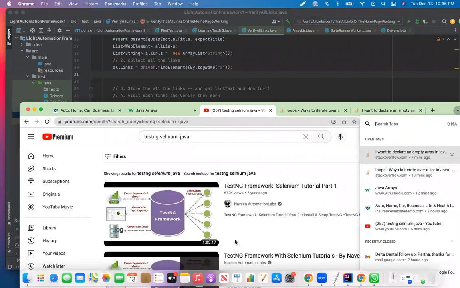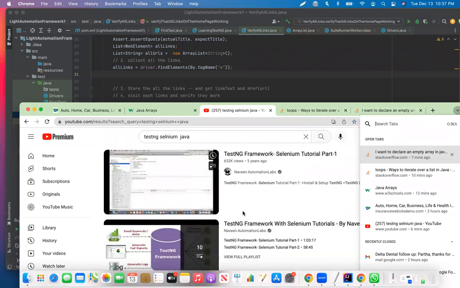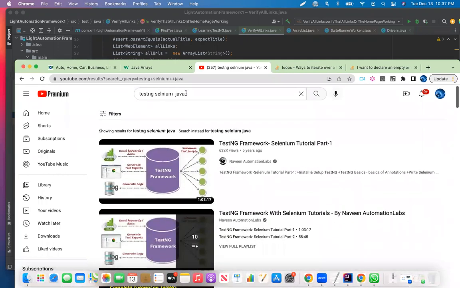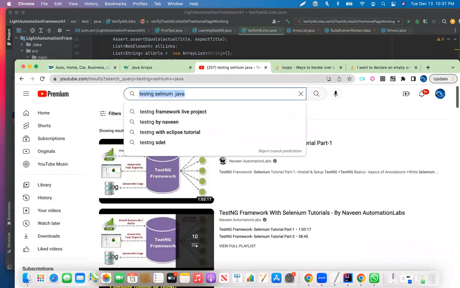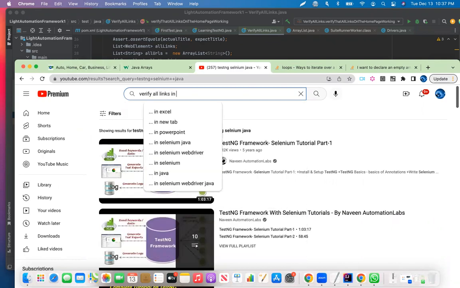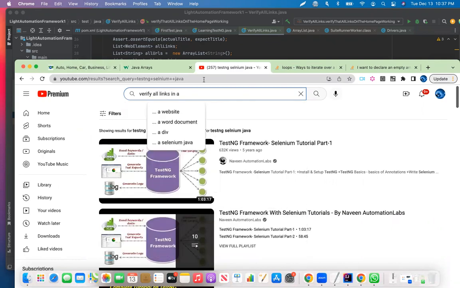So everything that we did is in the TestNG framework. Not only does it explain, they'll also give you a little bit more details. But let's say you search for "verify all links in a website, Selenium,"